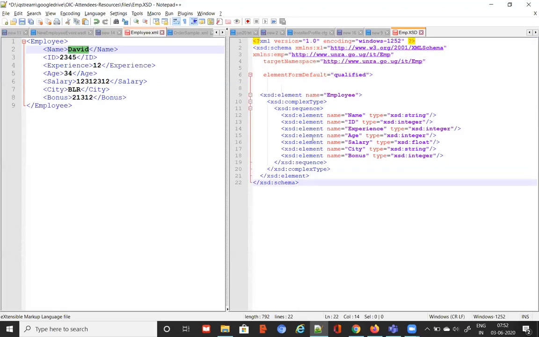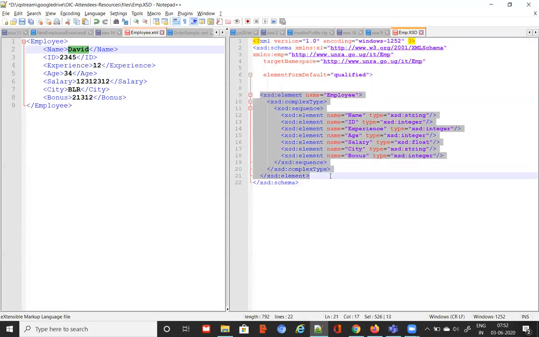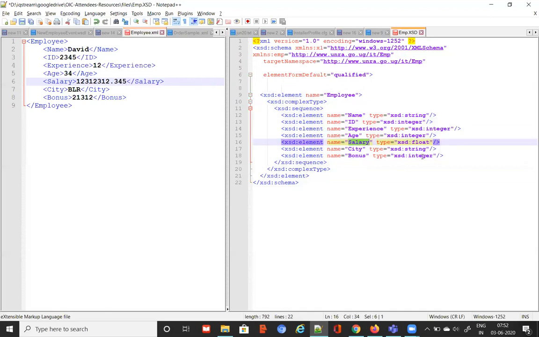How are these data types defined? For example, ID is numeric, and here it is coming as integer. And salary, if you see, that is also numeric, but salary may contain decimals, for example like this also. That's why it's float. Okay, but this is another, different example that you took. This is for a different example. That is why it is coming.